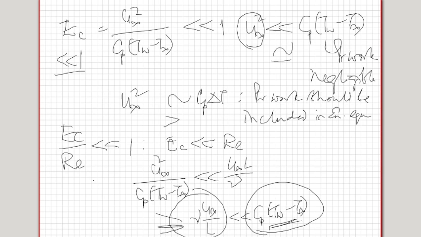That is why when Ec by Re is much less than 1, this is much less than this, then you can neglect the viscous dissipation term because it is not going to significantly contribute to the changes in temperature in the energy equation. But when this is of the order of 1, then this nu U infinity by L is of the same order as this, so you cannot neglect the viscous dissipation because there will be a temperature change caused by the dissipation of the kinetic energy of flow into heat that will contribute significantly to the energy equation and therefore should be considered.